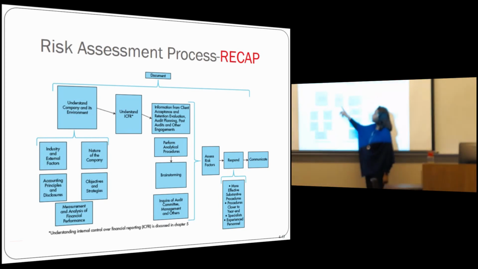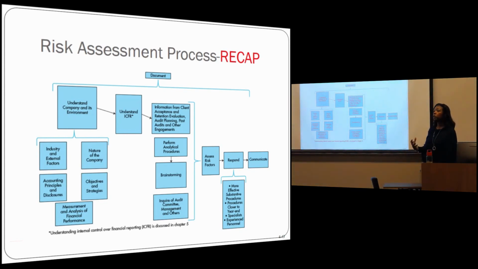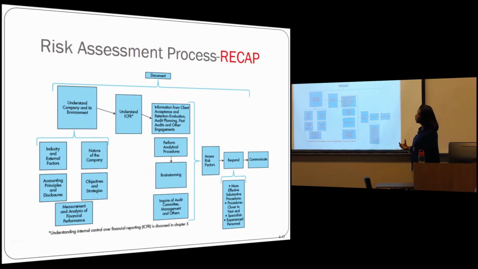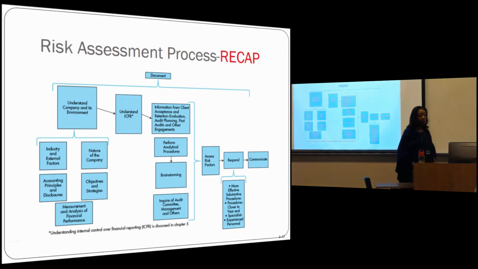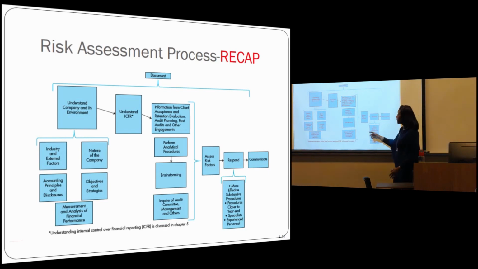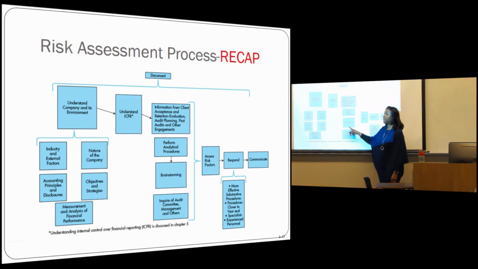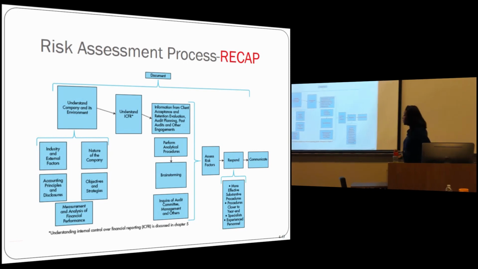What are the key accounting principles, the objectives and strategies, measurement and analysis? So this is what we talked about in Chapter 3 in terms of understanding the client. Then we have to understand the internal controls over financial reporting. That gets to control risk, the auditor's assessment of control risk. We gather information about this from the client acceptance decision, because you evaluate your client, we perform analytical procedures, and the audit team gets together to brainstorm and talk about where